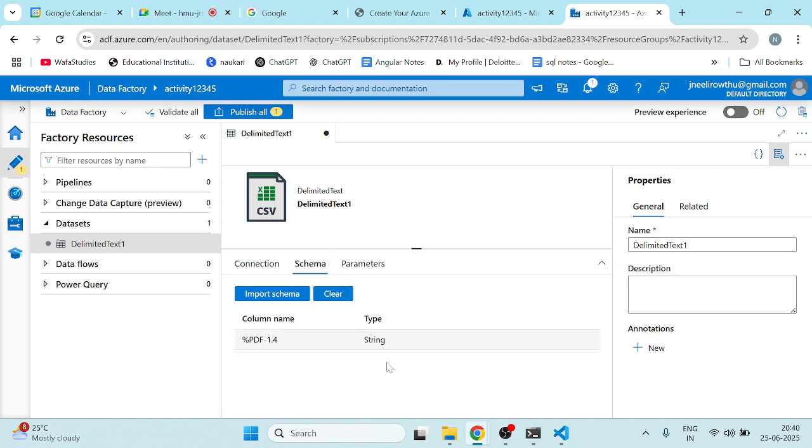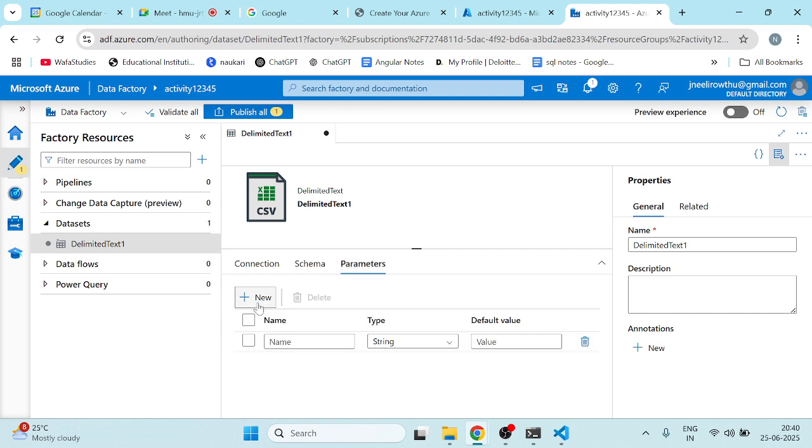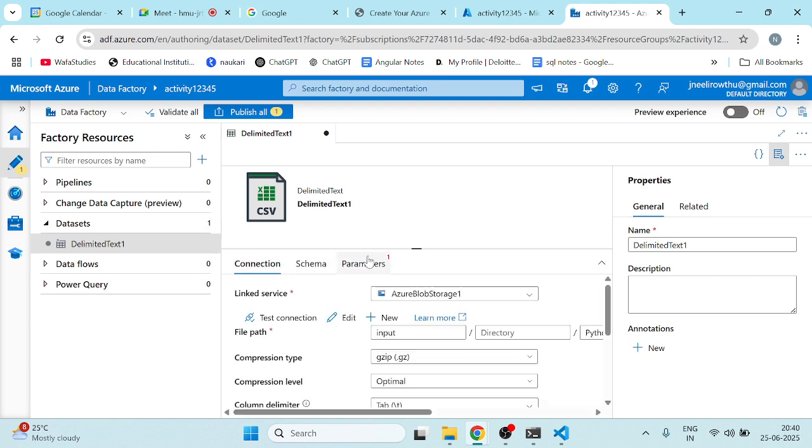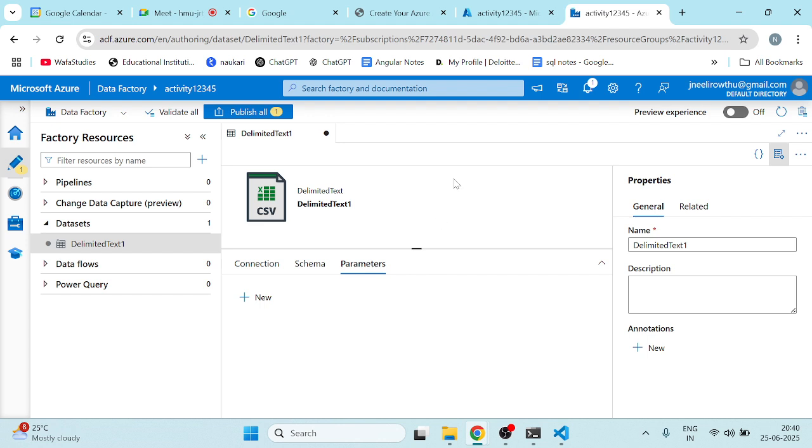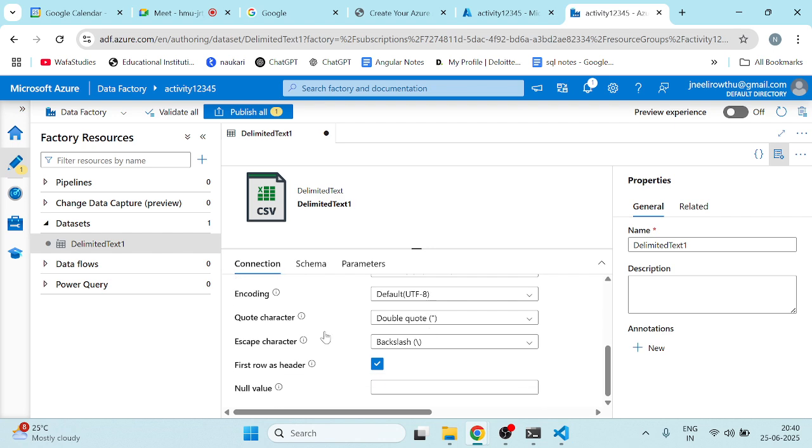And after that schema, we are not uploading any schema here, and in the parameters also we are not taking any parameters here, so we don't want any parameters and all the things, so you can delete this one. If not, it will throw a validation error over there. So this is the